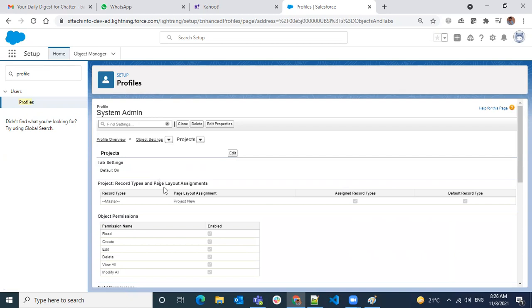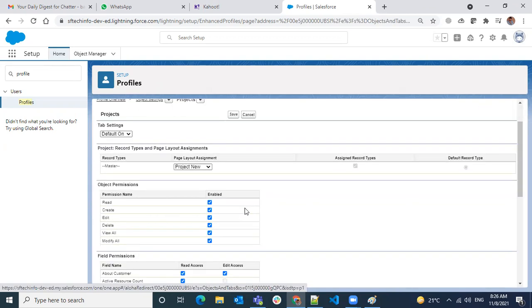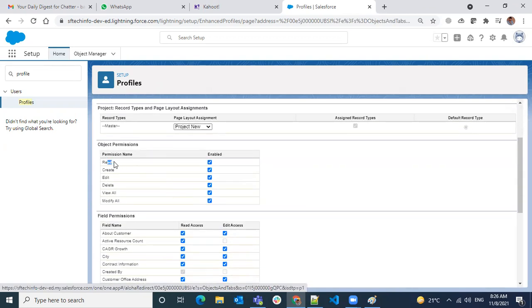In this project object, when I do an edit, these are all the permissions you have: read, create, edit, delete, view all, and modify all.